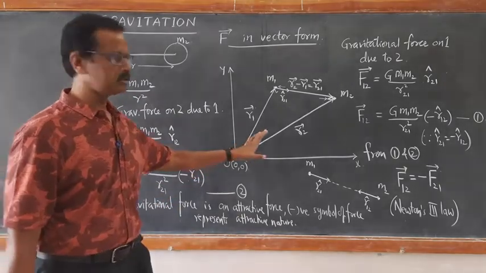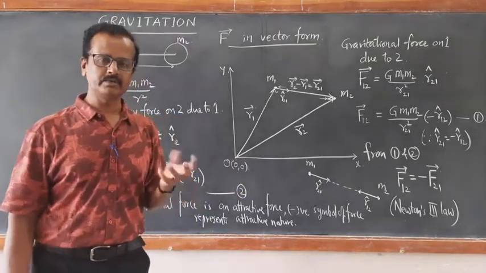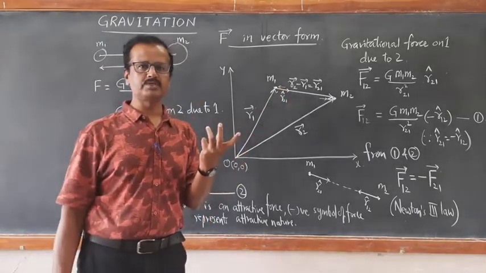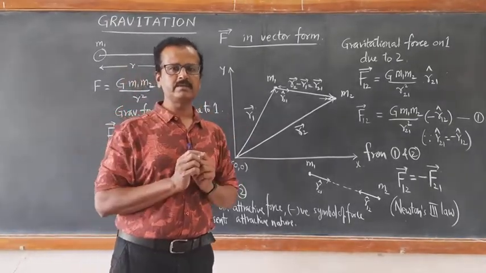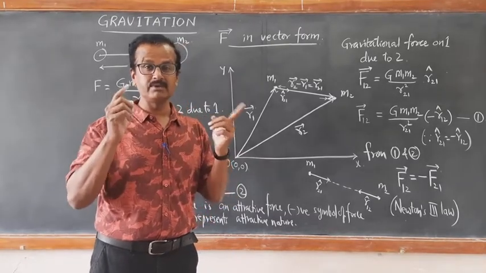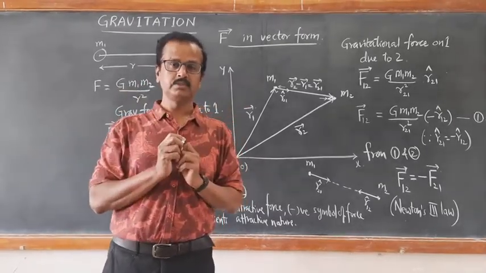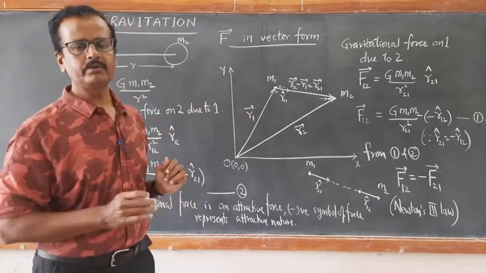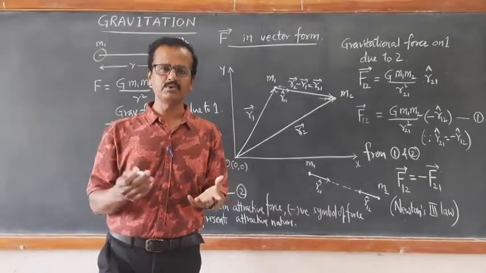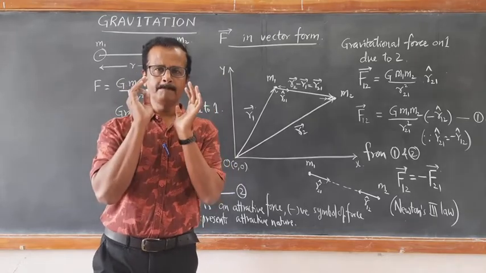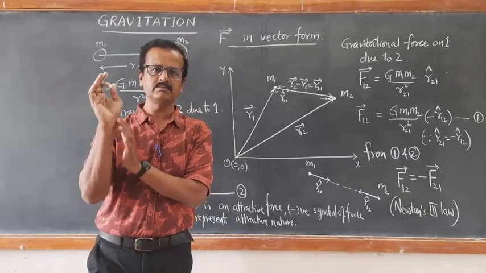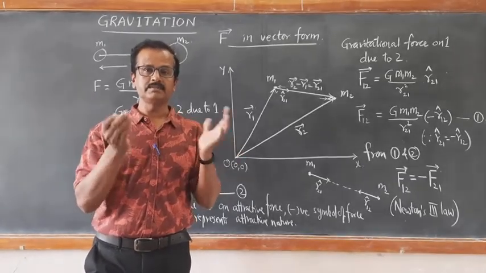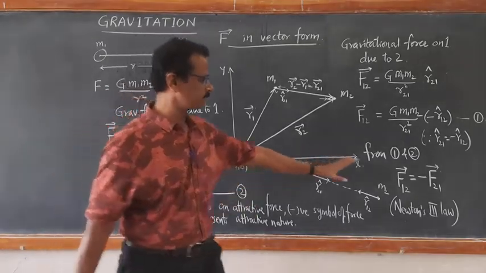So you will be learning more such treatment next year when you learn electrostatics in 12th class. There we will learn the force between two positive charges, which is always repulsive force. In that case of repulsive force, the force is going to be positive. So remember, in the vector form, whenever you write attractive force, it will always be negative. When you write repulsive force, it will always be positive. Conventionally, repulsive force is positive and attractive force is negative. So gravitational force is always negative force.